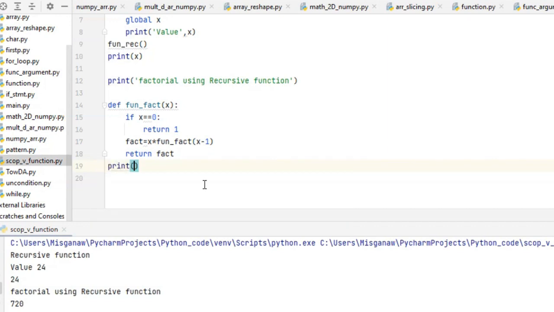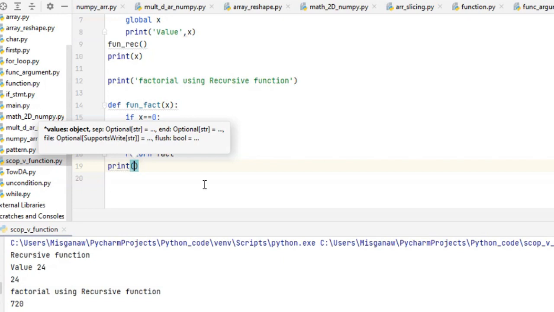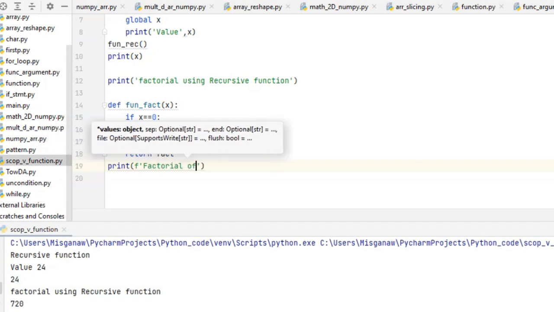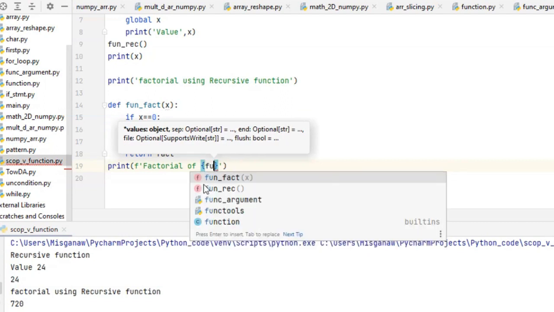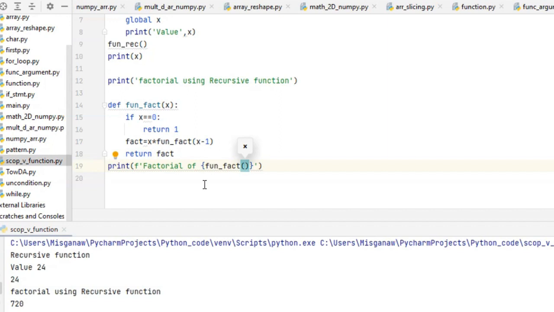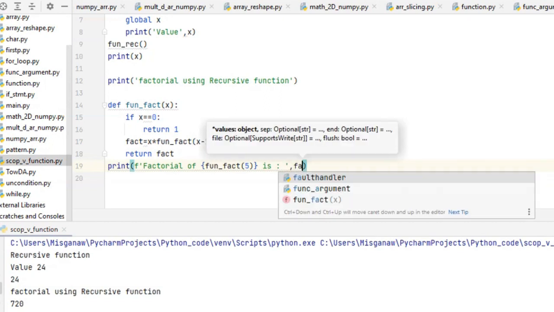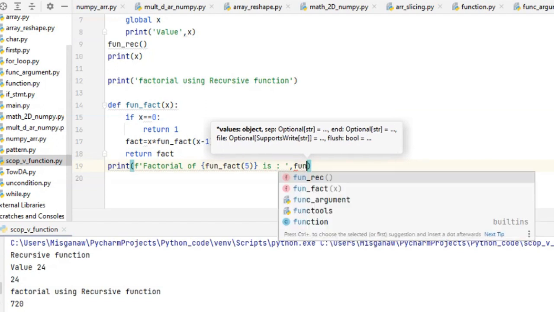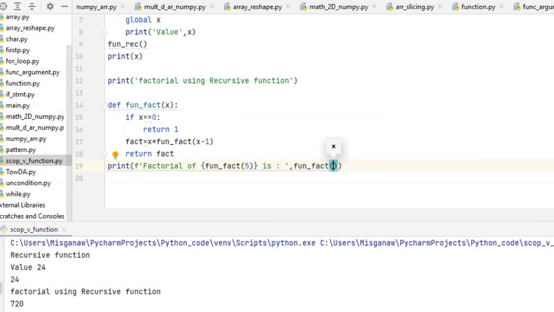Print, let me say, factorial of 5 is, fact of 5.